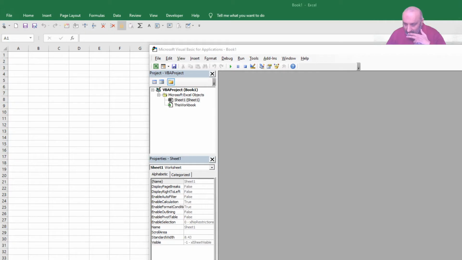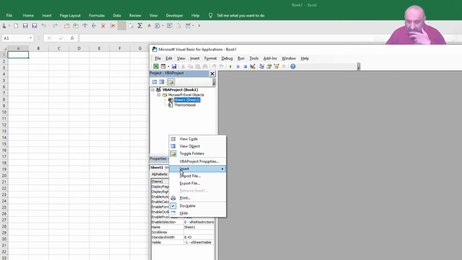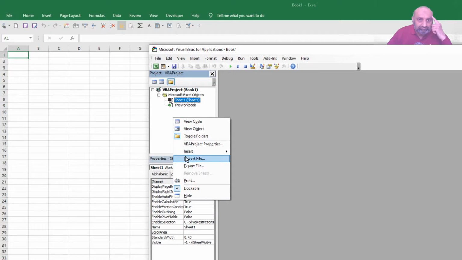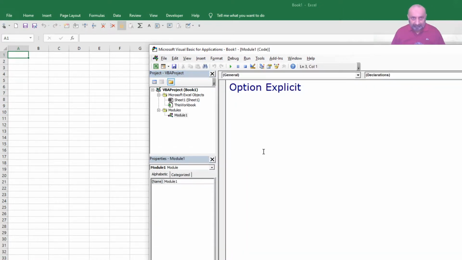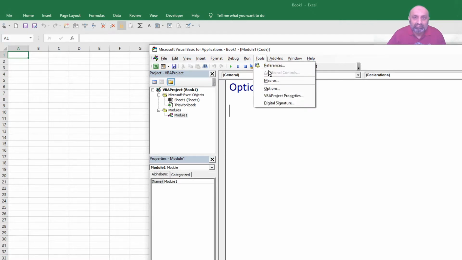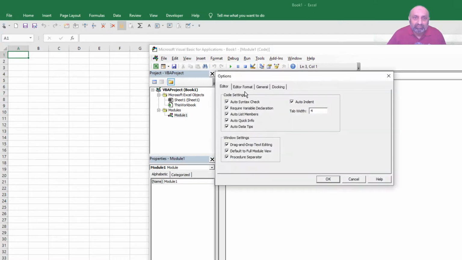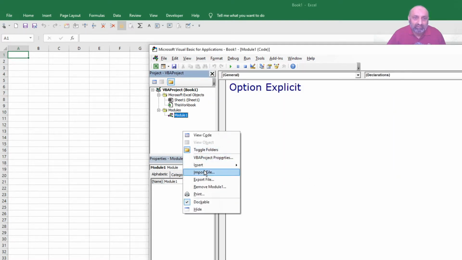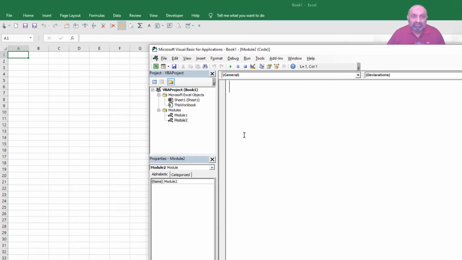Here we are, insert a module. Where is module? Okay, so let's turn this off also. Options, editor, turn it off, and insert another module.